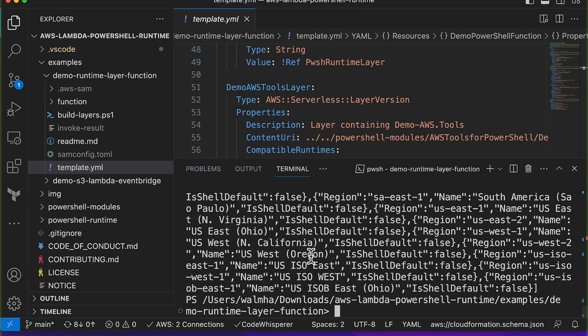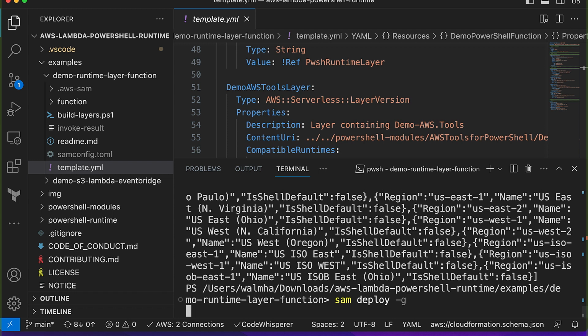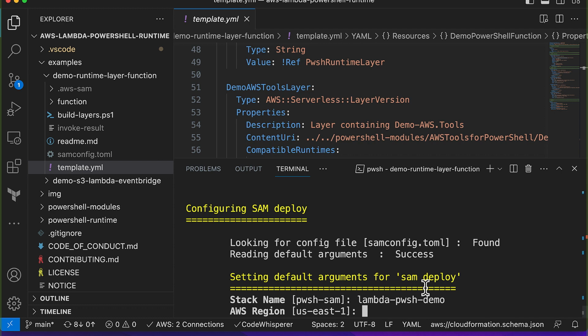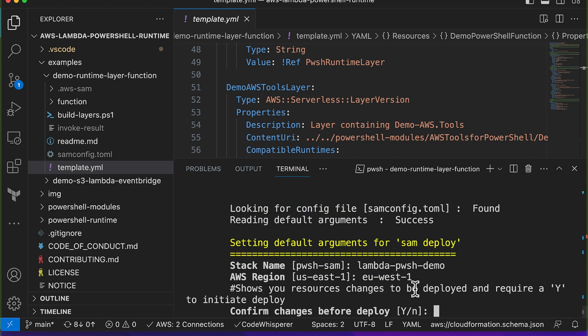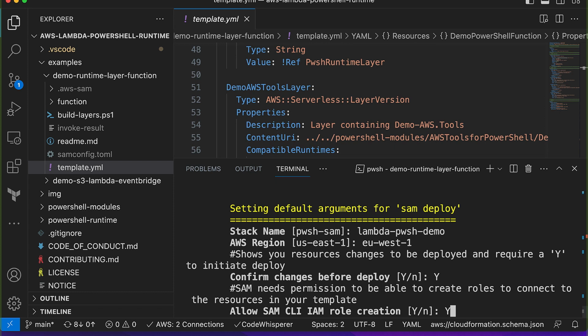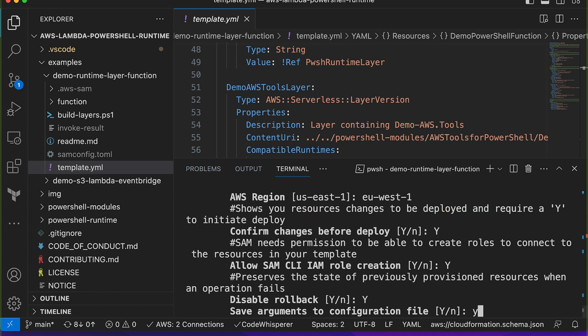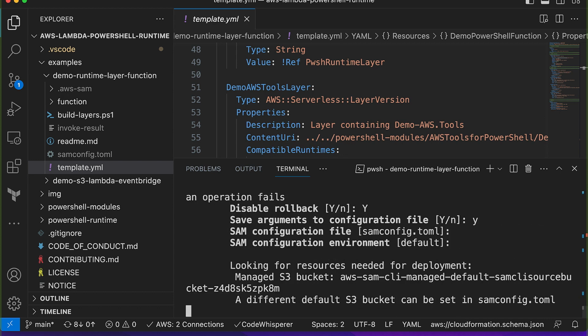That's what I expected. The next step is now I'm ready to deploy. So I'm just gonna go ahead and run sam deploy -g to give me a bit of a guided step-by-step guide. So now I need to define the CloudFormation stack name for this SAM application, which could be Lambda PowerShell demo, and then I need to specify the region, which could be EU West 1, and then I just need to turn through the list of the requests, and from there it would just go ahead and start the